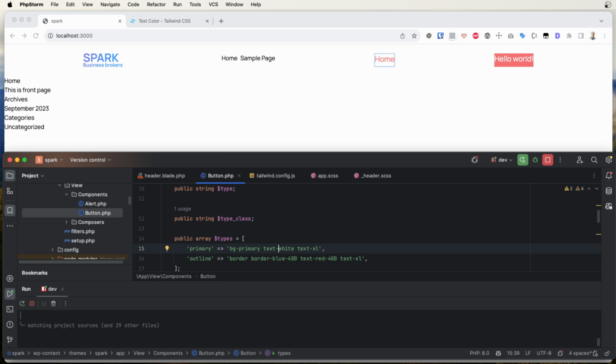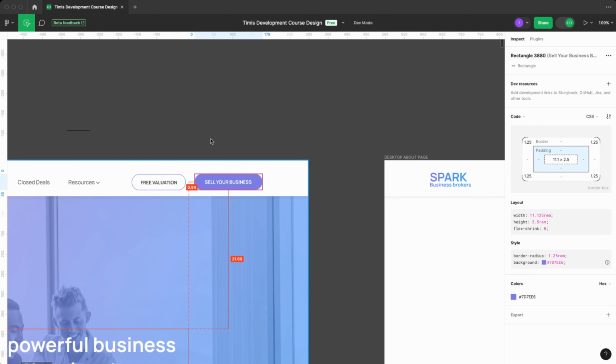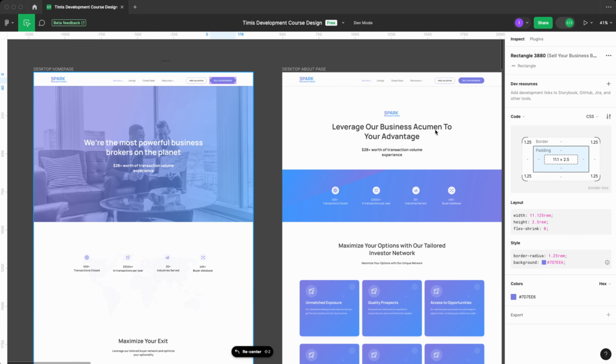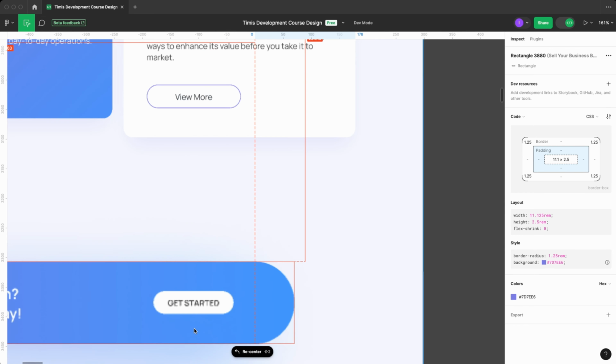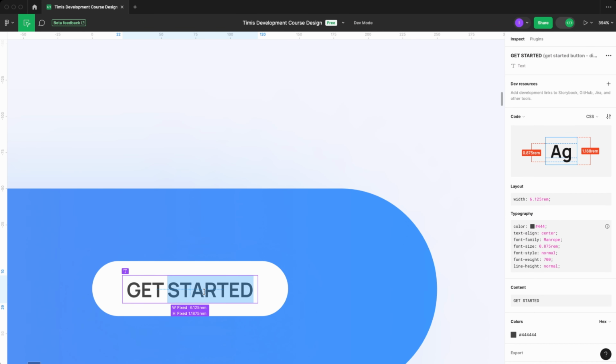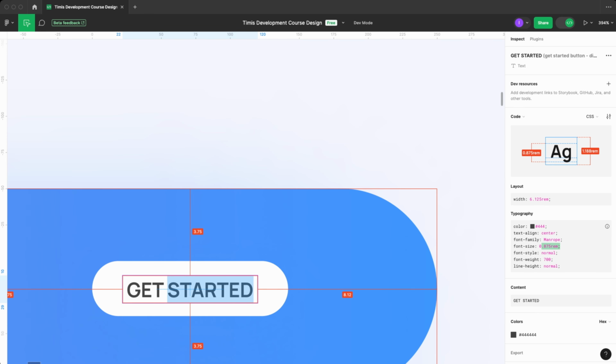Text will be white, and the size of the text will be, let me see. So let's find some button which is smaller, and then we go to the text. Font size 0.875 rem. So how do we translate this to Tailwind stuff? You can always go to Tailwind documentation and then go to font size, and you can find there is already